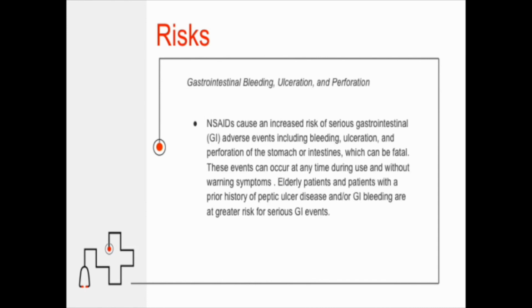NSAIDs cause an increased risk of serious gastrointestinal adverse events, including bleeding, ulceration, and perforation of the stomach or intestines, which can be fatal. These events can occur at any time during use and without warning symptoms. Elderly patients and patients with a prior history of peptic ulcer disease and/or GI bleeding are at a greater risk